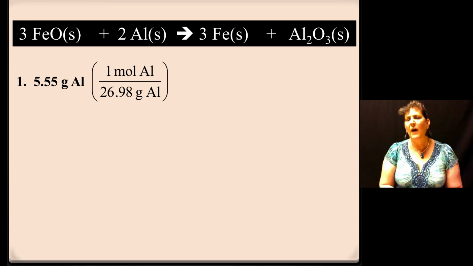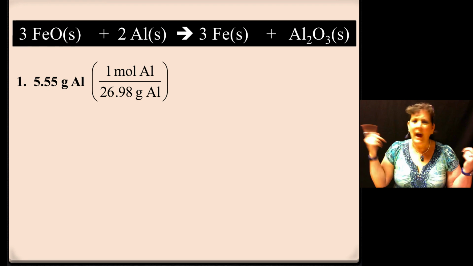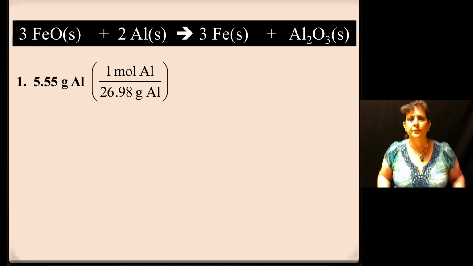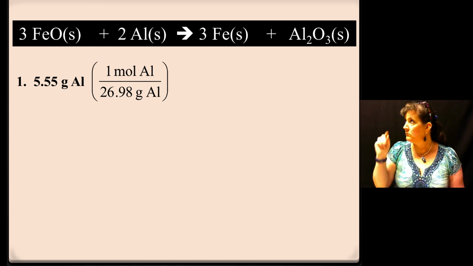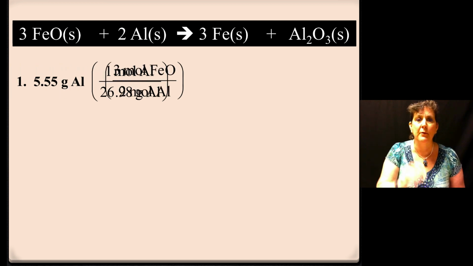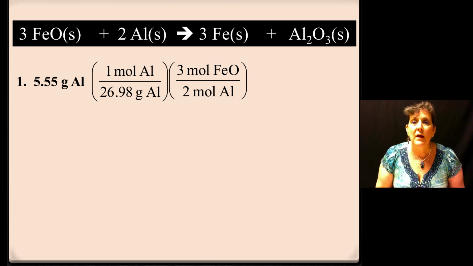What chemical were we finding again? Oh, the iron 2 oxide. Which chemical is that? Well, it's got to have iron and oxygen in it, so it's got to be the FeO. How many moles of FeO are in that balanced reaction? 3. So 3 FeOs is on top of our mole ratio. There it is. 3 moles of FeO per 2 moles of aluminum.